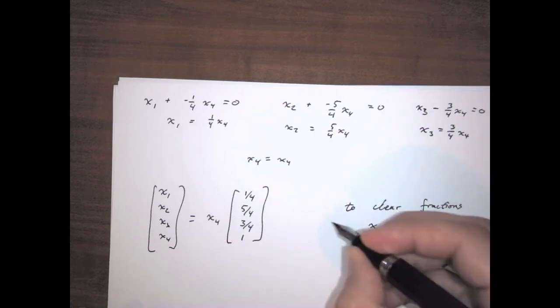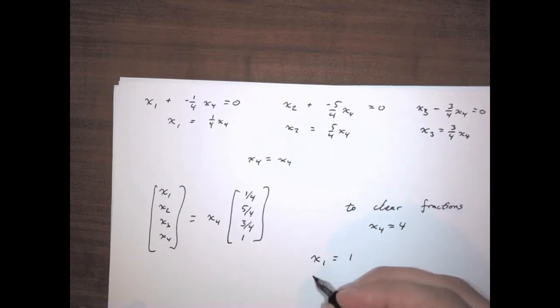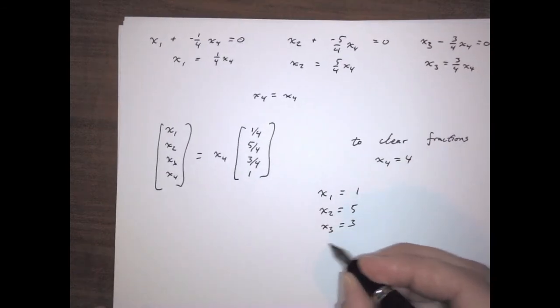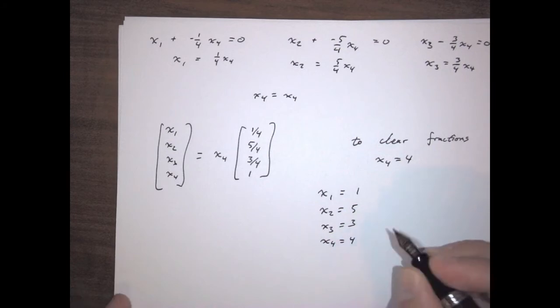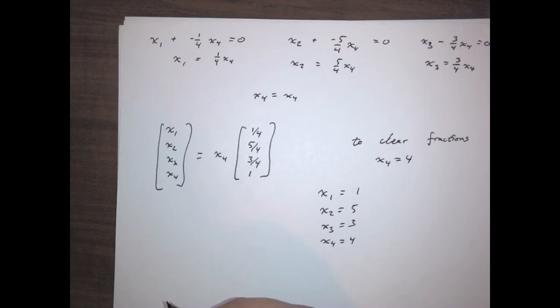x4 equals 4. So then x1 would be 1, x2 would be 5, x3 would be 3, and as we said, x4 would be 4. So then that means our balanced chemical equation will be 1 times C3H8 plus 5 times O2